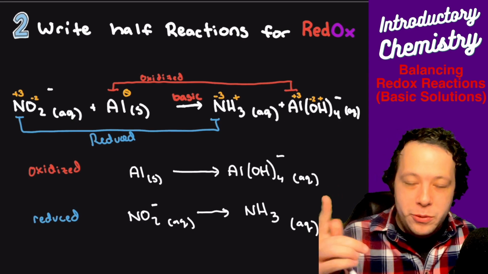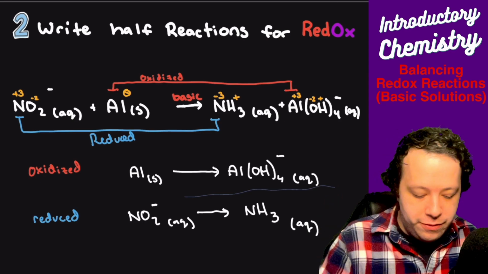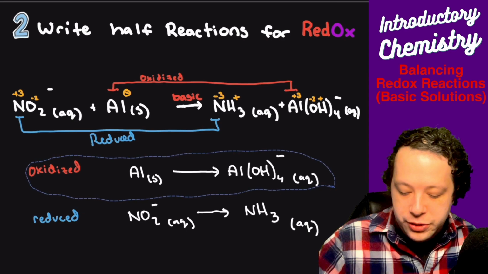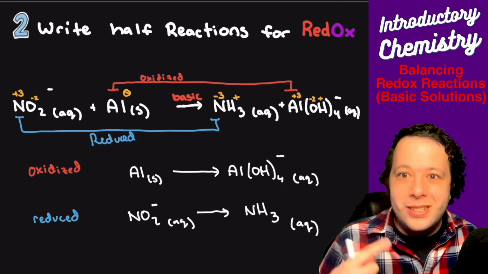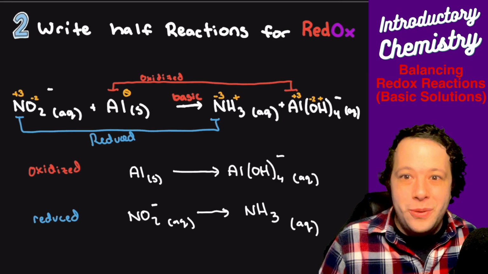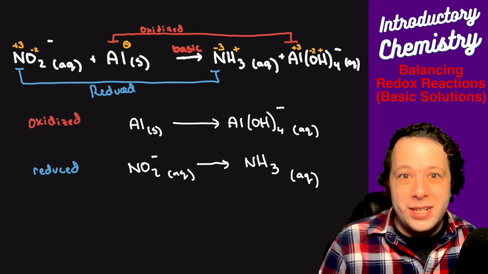So we'll start with the aluminum hydroxide, just being that's on top here. No particular order. It does not matter which one you start with. And then we'll do the NO2 next. Okay, so let's go to our next step and show how aluminum into aluminum hydroxide will be balanced.